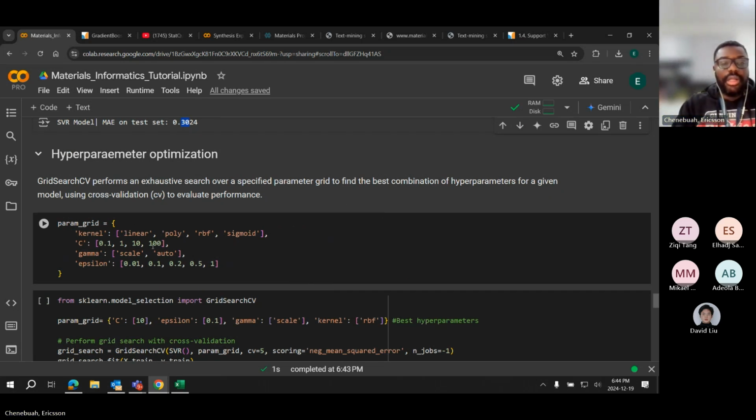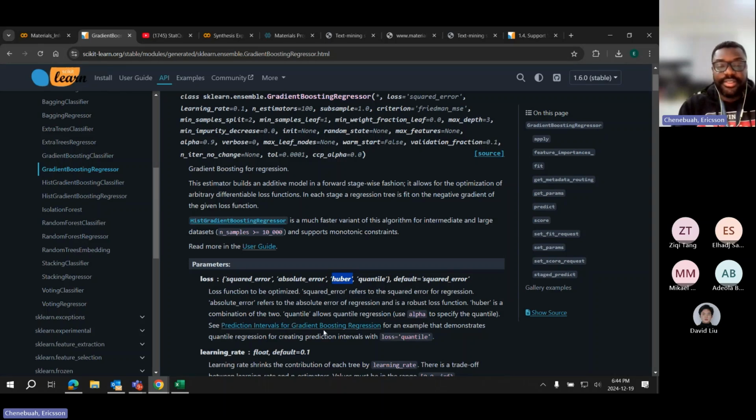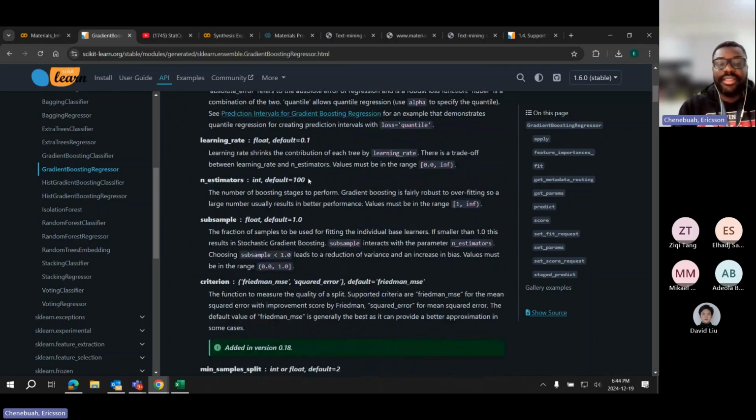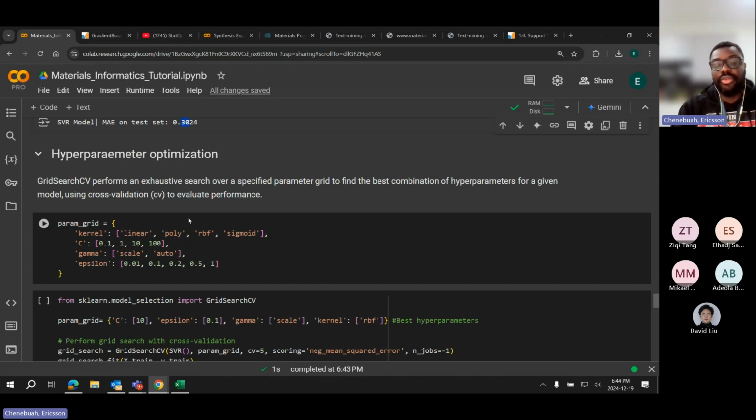So when I showed you this, you can see there are a billion parameters, right? And it may take so much time to begin to tweak them one at a time. Like, instead of squared error, for example, should I change it to absolute error or should I change it to Huber? Instead of what estimator should I use, 100? Should I use 1000? There are too many things to tweak here. Too many knobs. One way you can bypass all that is something called the grid search